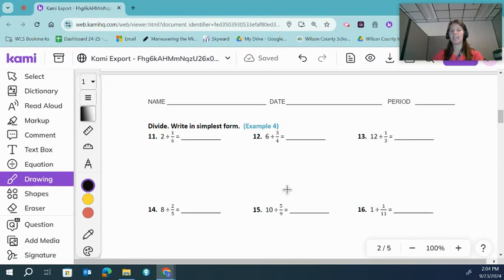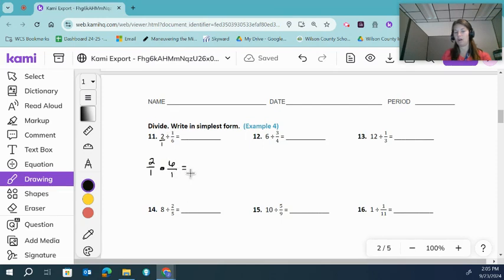So now getting into dividing our fractions. Remember, whole numbers written as fractions is just over 1. So if I'm dividing 2 divided by 1/6, our rule for dividing fractions is we multiply by the reciprocal. My first number is going to stay the same. I'm going to turn my division to multiplication, and then I am going to make this the reciprocal of